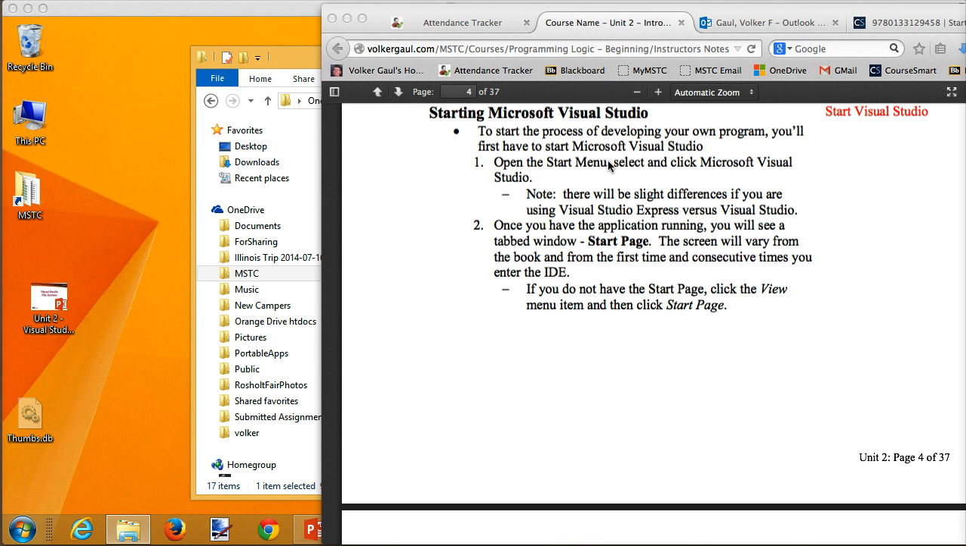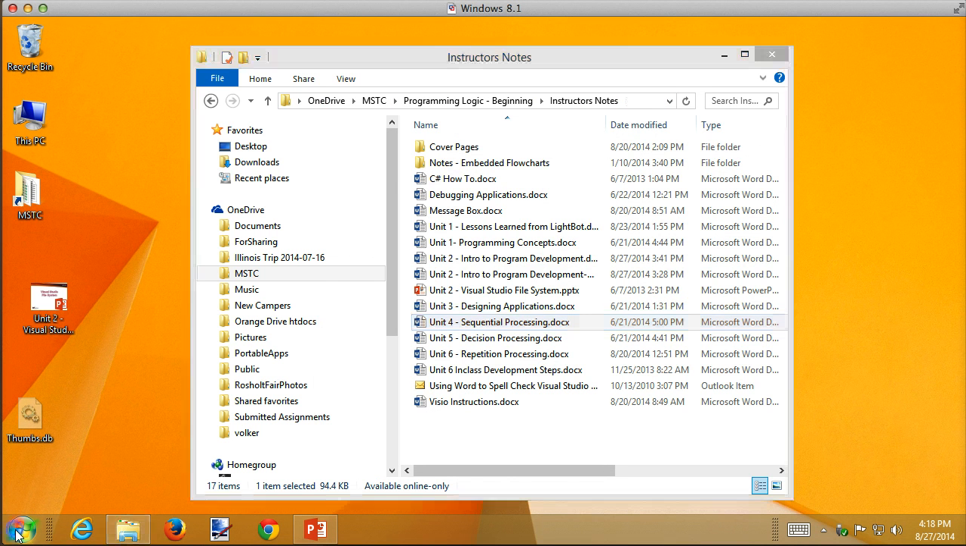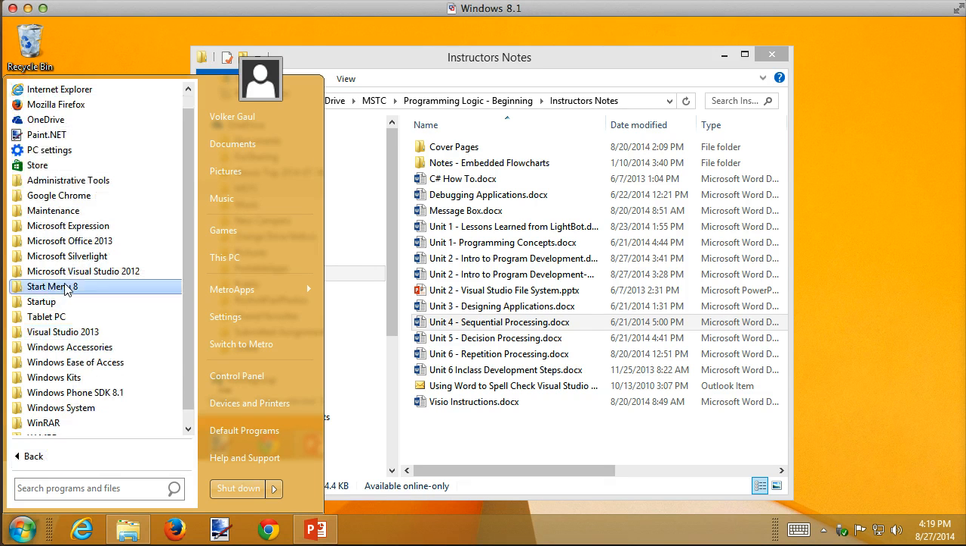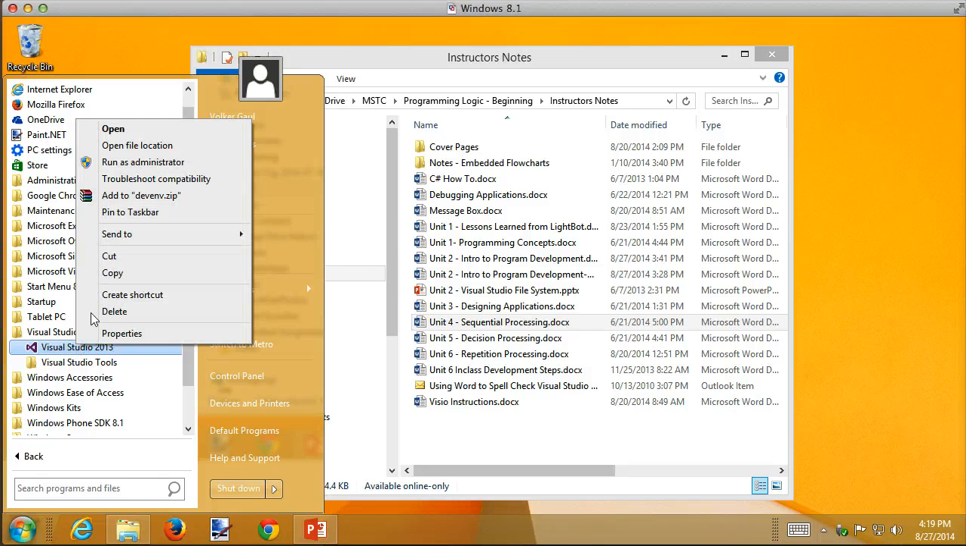Last time we talked about how to start Visual Studio, so let's do that again just as a refresher. Because you started Visual Studio last time, it might be here right on your Start menu. If it's not, go back to All Programs. And here's a power tip. Here's Visual Studio 2013. Make sure you're using Visual Studio, not Visio. Somebody made that mistake. And you can right-click on this and pin it to your Start menu